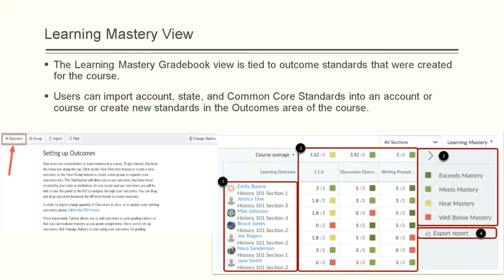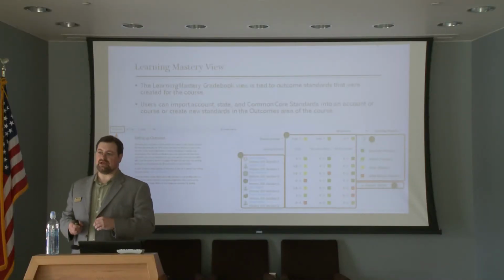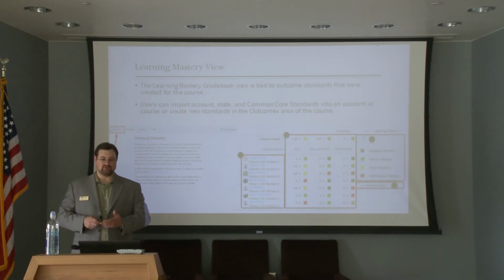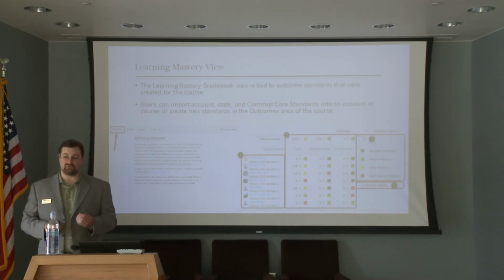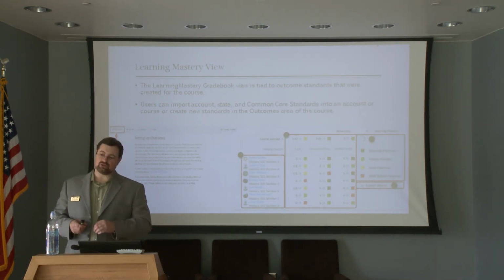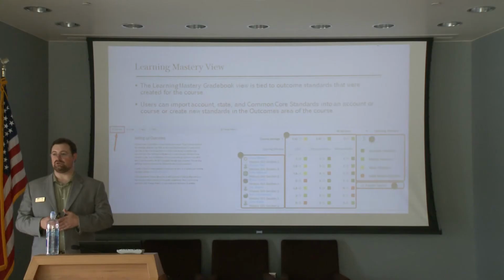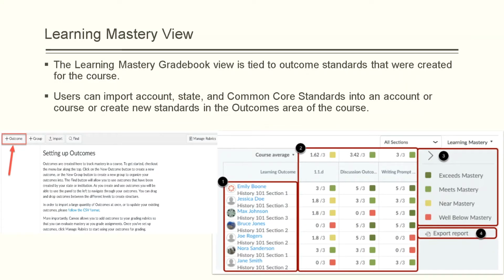So learning mastery, and when I think of the word mastery, I think of proficiency. This is a way for us to track the number of students that are proficient in our material. You can create your own rubric to determine this, or you can go online and find other rubrics or set state standards. But this is not required. This is just something to help you maybe determine the trends of your